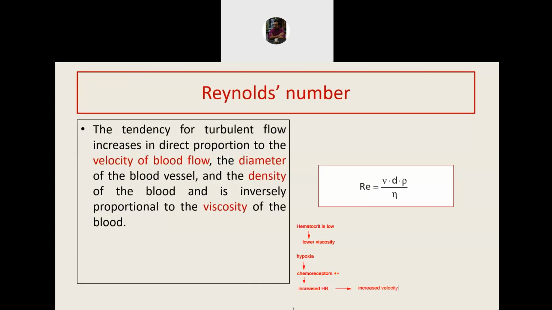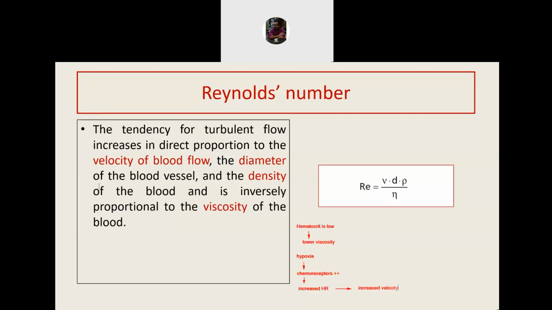That is why in severe anemia, we can get certain kinds of sounds of blood flow in the heart known as the hemic murmurs. So the murmur that we see in severe anemia like thalassemia is contributed to by lower viscosity as well as the hyperdynamic circulation or increased velocity of blood flow. I hope this is clear to everyone.